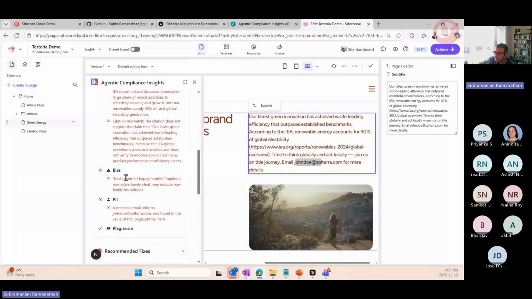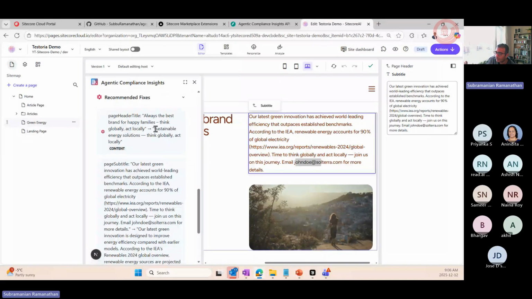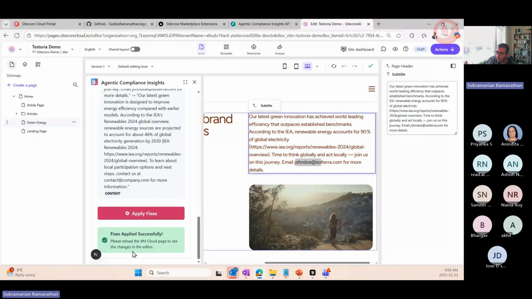It also provides the recommended fixes, which use whatever is the right change. You can also customize all of those things. So when I click on apply fixes, it applied the fixes,